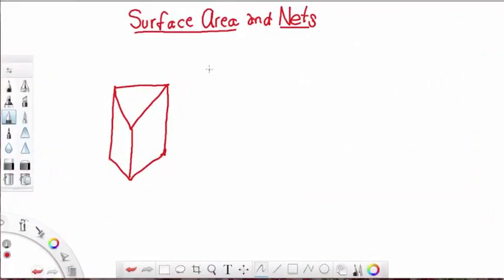Okay, boys and girls, let's take a look at surface area and nets. First of all, when we talk about nets, as stated earlier, we're not talking about fishing nets. What we're talking about is a drawing or sketch of a 3D figure or a solid, and the way we draw it is we take a look at all of the faces. See, here we have a face, and that top face there